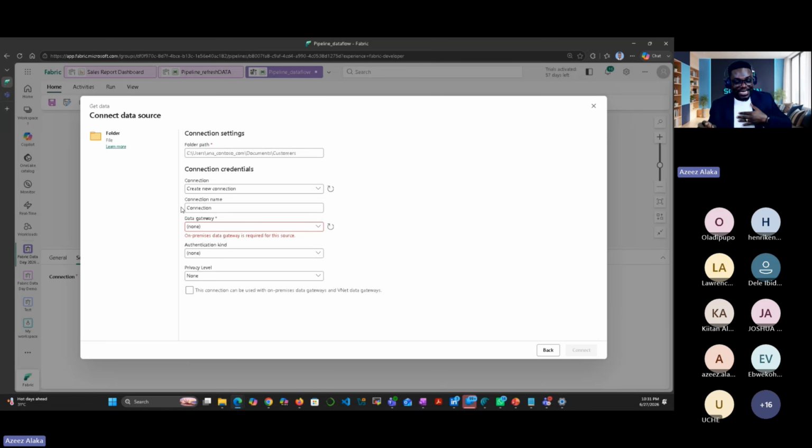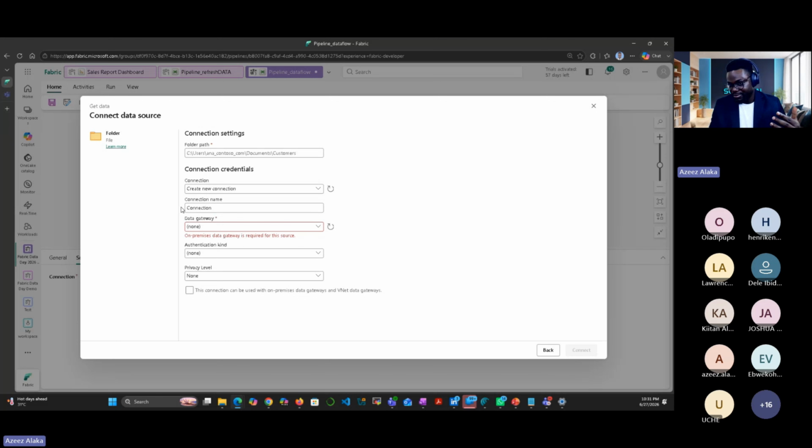So now we want to connect. Now look, see how it works. We want to connect it to our system folder that is resident in your system. And you know that this solution is on cloud. So if we connect it to the folder that is resident on the system, how is the interaction going to come up? So you see how it works.